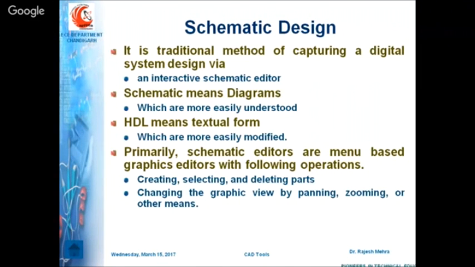And the second kind of capturing is schematic design. Schematic design is basically a graphical method, as I told you. If you compare the graphical method with the textual method, here you can see that schematic diagrams are used, and these are easy to understand. You can easily understand a schematic. HDL is basically difficult to understand, but yes, you can do modification in this textual kind of